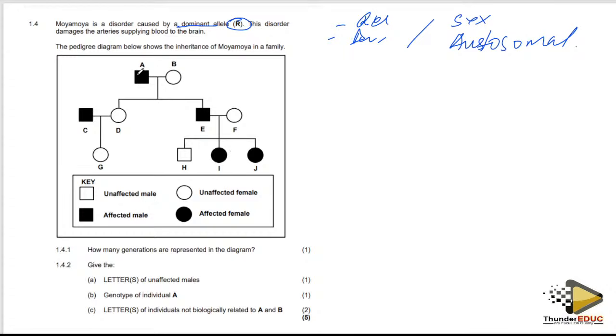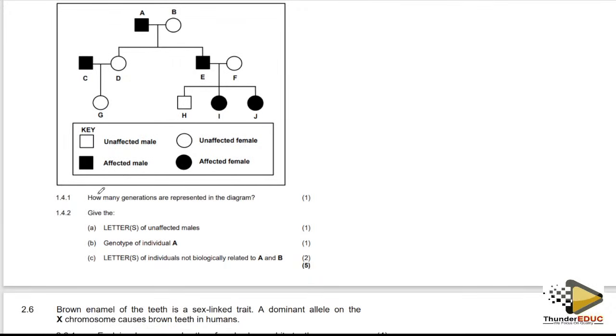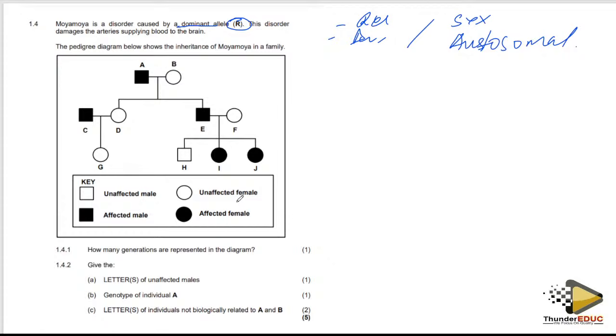So let's go. The first question is asking how many generations are represented in the diagram? When you talk about generations here, you only have to look at this is the first generation, this is the second generation, this is the third generation. So in other words, there are 3 generations indicated in this diagram. So the answer here should be 3. And then they're saying that